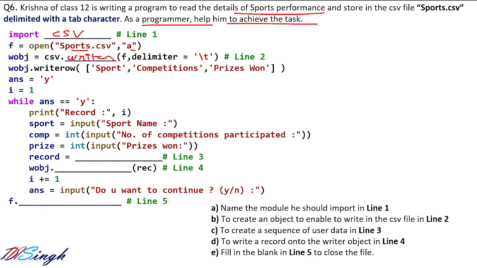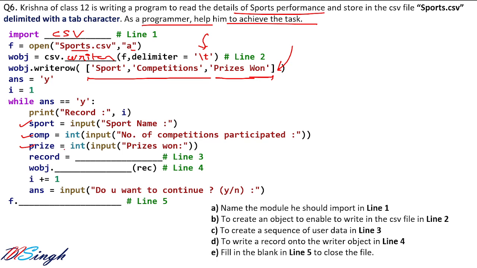Writer, and it takes two arguments like file handle, and delimiter is now tab. By default, what is the delimiter? Comma. Remember, write row. So we are writing this particular record using write row. Fine. If your answer is yes, this is the header. First time we are writing the header, and next time onwards we have created here record: sport, then competition, prize, and